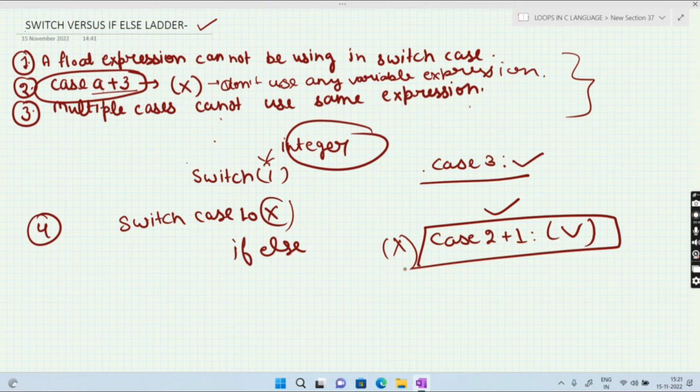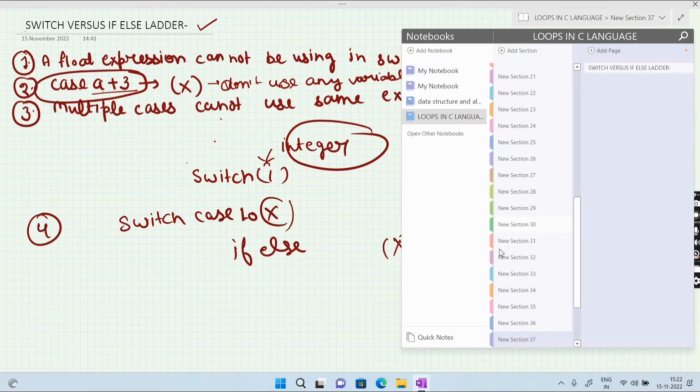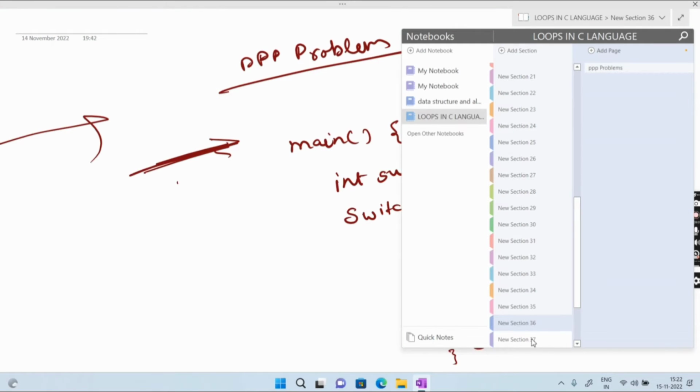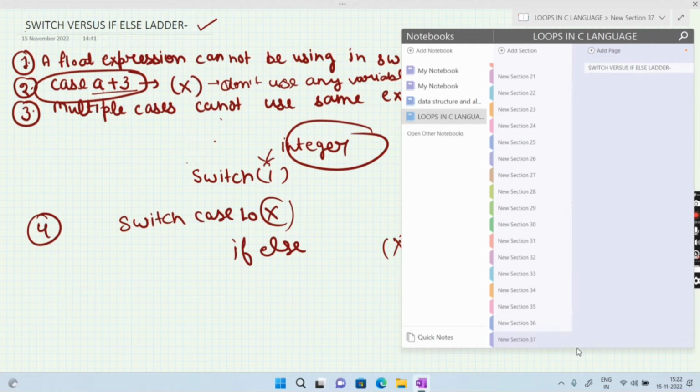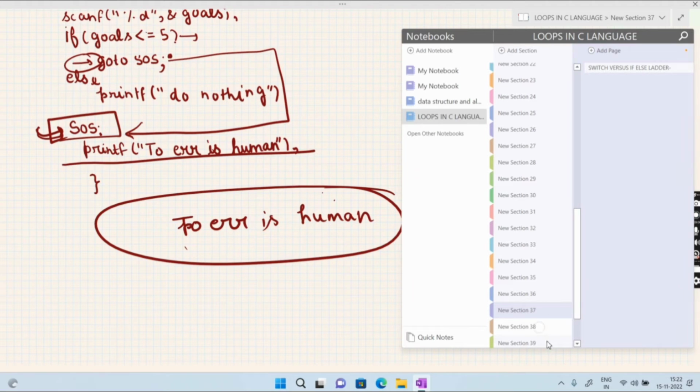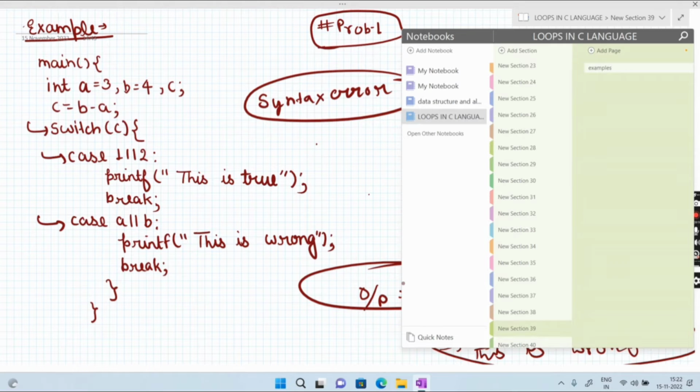That's the basic point I want to tell you. You don't have to use variable expressions in your program in switch case. This program will throw a syntax error. Now how to use it?